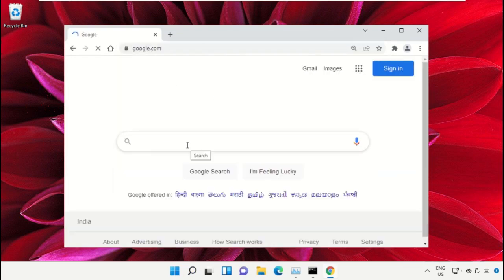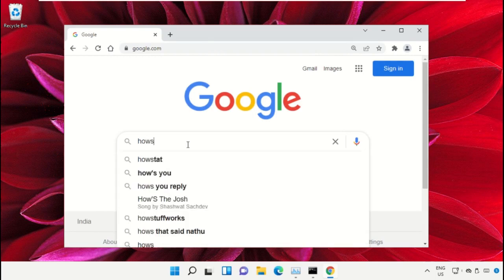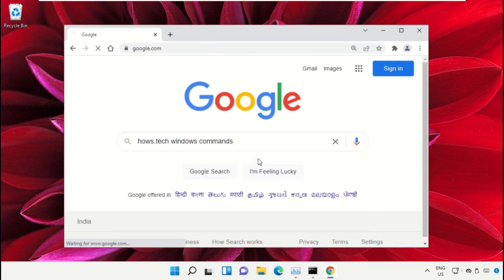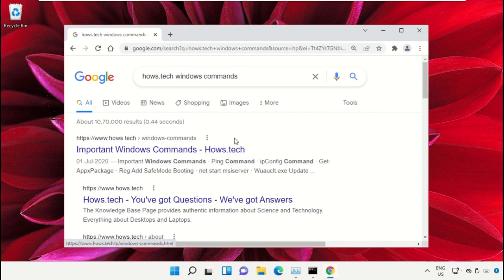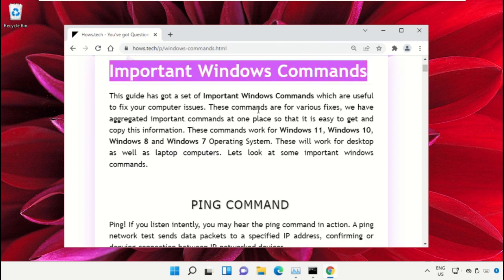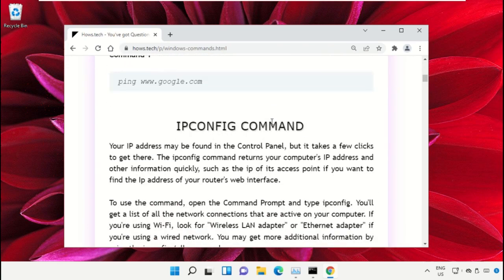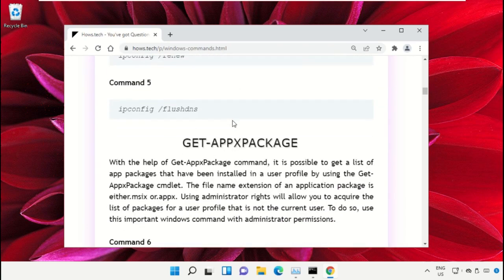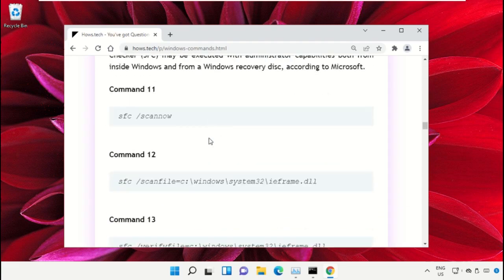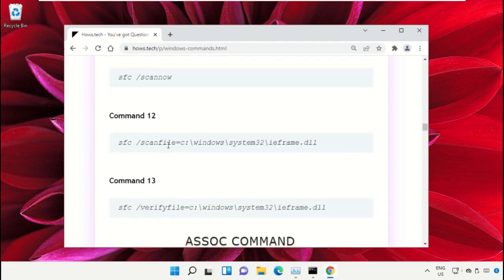Now in the search bar type hows.tech Windows commands and click here to open it. Now click on this link, which is from www.hows.tech. On this window, just scroll down and search for command number 12. So copy this command,